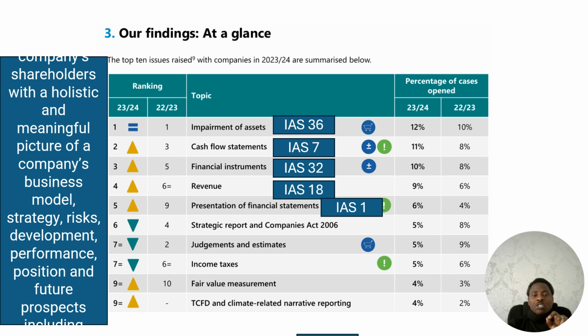Then we'll talk about judgment and estimates. If you remember, under IAS 1, I preempted that we are going to have accounting policies and so many other things to do with IAS 1 about presentation. So these are actually interwoven, but here under IAS 8, judgment and estimate, it talks more about accounting policies, change in accounting policies and how to implement it, the estimates and how to correct and amend errors, and the